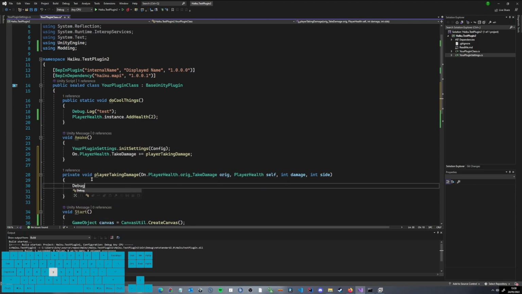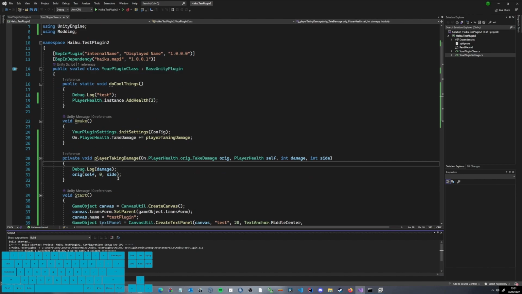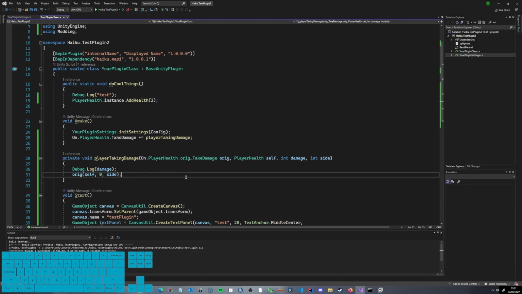We can also debug the damage that we would have taken, so that we can see if it worked or not. And that way, I think it makes sense, right? We are basically just interfering within the method, and whenever the method is being called, we are just gonna pass the method as it is, but pass 0 damage, so that we actually don't get damage.